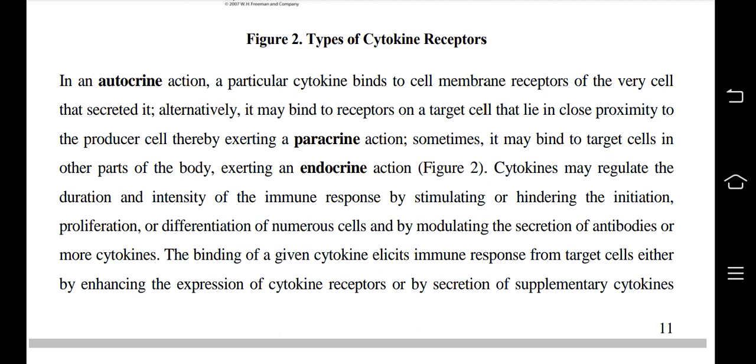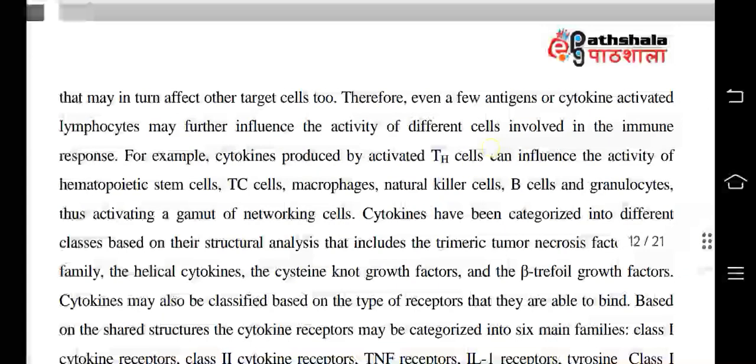So, cytokines may regulate the duration and intensity of the immune response by stimulating or hindering the initiation, proliferation, and differentiation of numerous cells, and by modulating the secretion of antibodies or more cytokines. The binding of a given cytokine elicits an immune response from target cells either by enhancing the expression of cytokine receptors or by secretion of supplementary cytokines